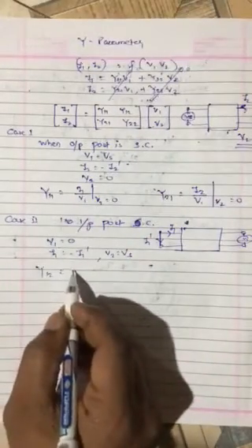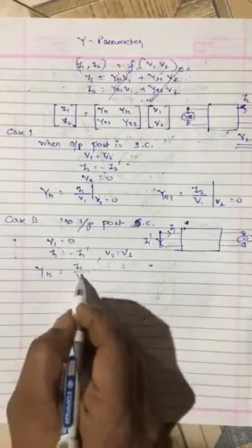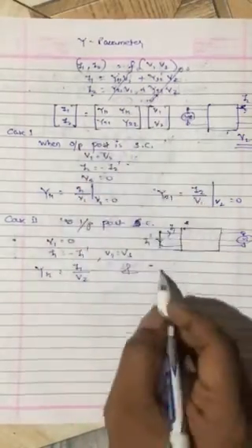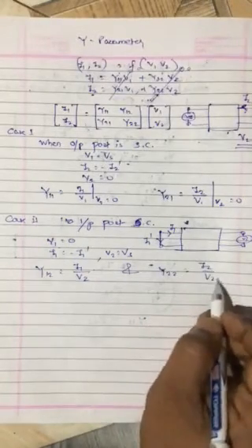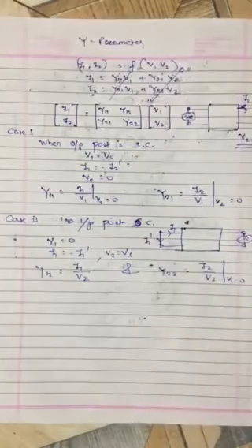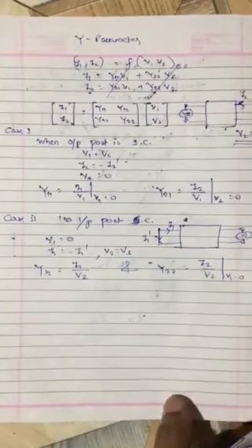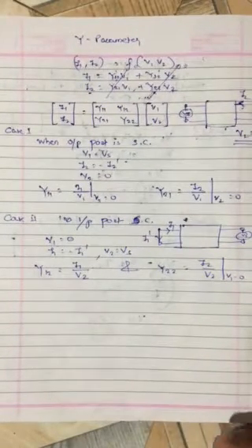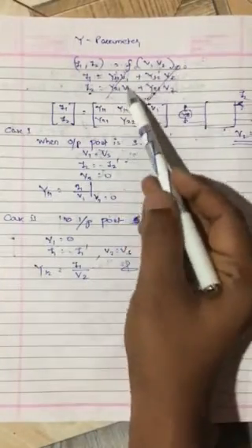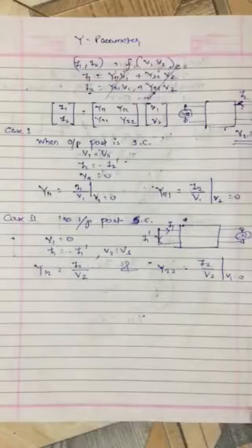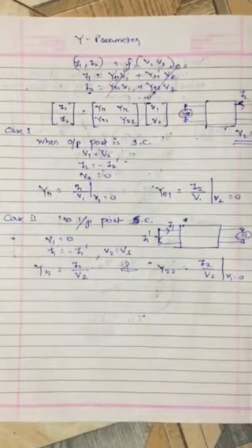y12 is equal to I1 by V2, and y22 equal to I2 by V2 when V1 equal to 0. Okay, this is a similar, common process. Every time you just need to think only how to make one term 0 at a time, next this term 0. So for that you may have to open circuit the output or input port, or you may have to short circuit the output or input port. That you have to check properly.